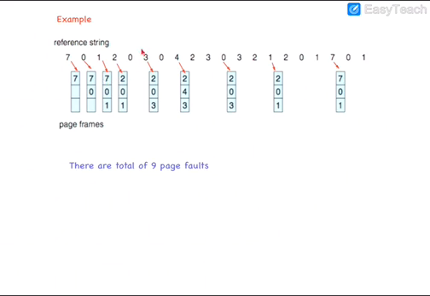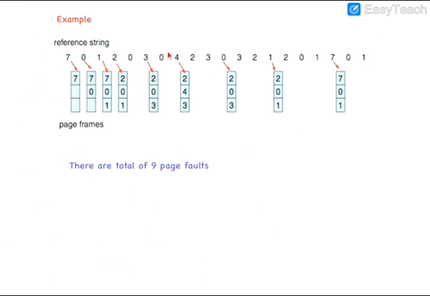Next there is a reference for 0, which is already present, so no page fault. Next, a reference for 3. Again memory is full, so some page has to be replaced. Using optimal replacement, 2 is referred here, 0 is referred next itself, and 1 is referred at the farthest, so 3 will be replacing page 1.